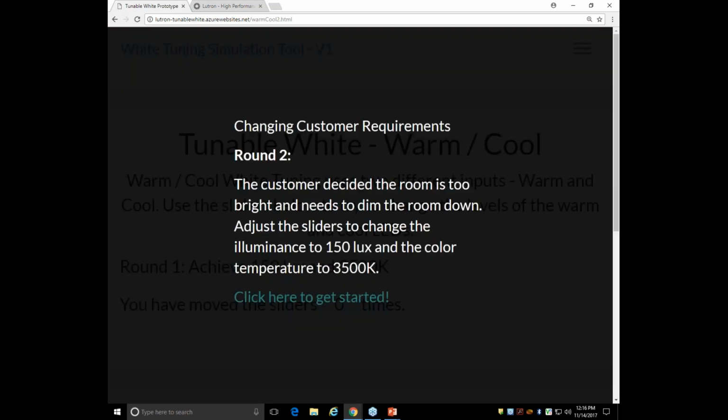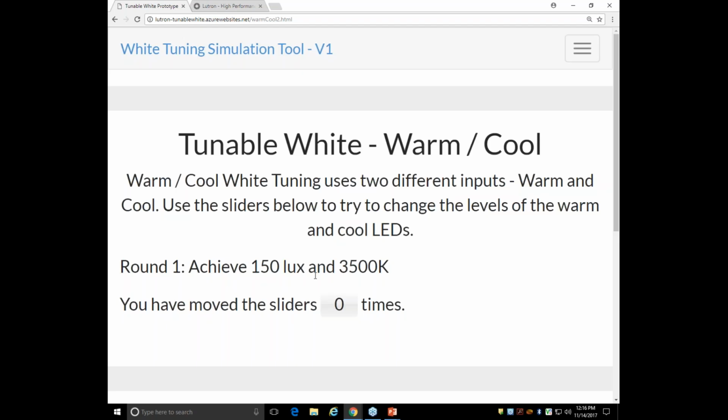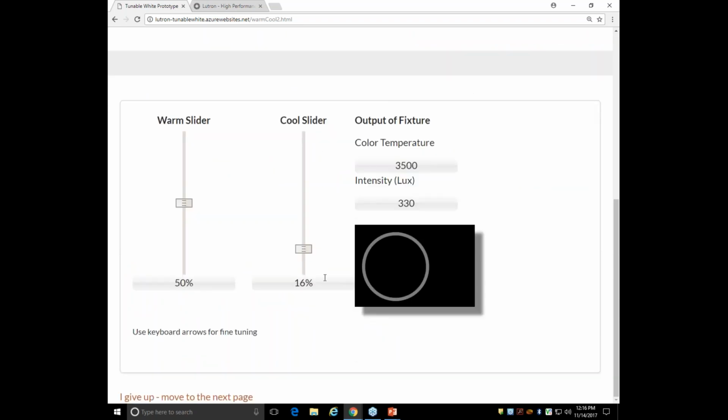Now, let's say I take that same scenario and I've gotten my sliders to be at 50 and 16, which is what they needed to be to achieve that output. But now I just want to lower the intensity. So I want to keep the color temperature the same, but it's a different scene where I need a lower intensity, 150 lux instead of 330. So I can start by lowering one of these. I know I want to keep my color temperature the same, so let's just say I'm going to lower both warm and cool intensity by 10%. So if I lower my warm intensity by 10%, and then I lower my cool intensity by 10%,